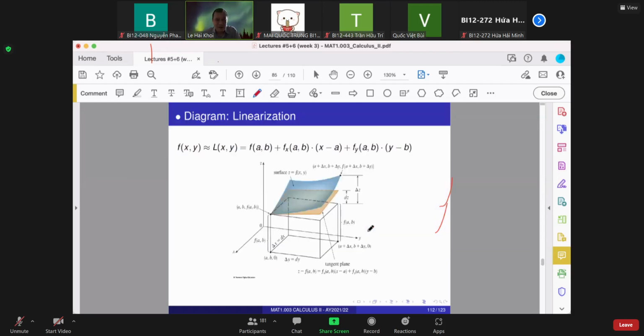So the idea here is, instead of finding the surface, so you see, you have (a, b) here, that point P, and you have a surface, the blue surface, and you can find the value very near this point by using that orange one. This is the tangent plane, right? This is the idea, because they are almost the same, only a very small difference, the estimating